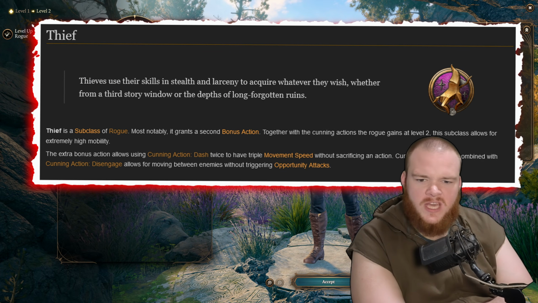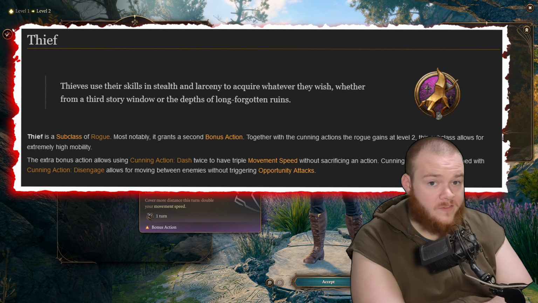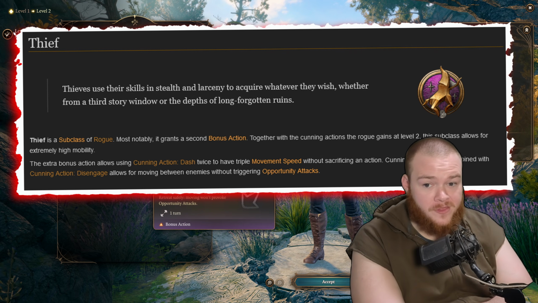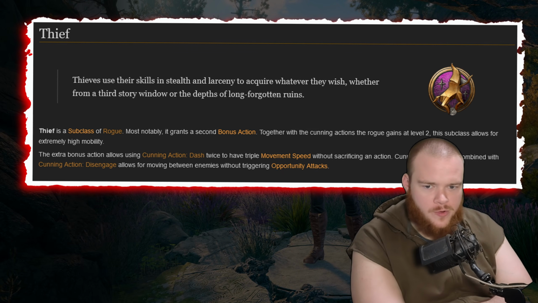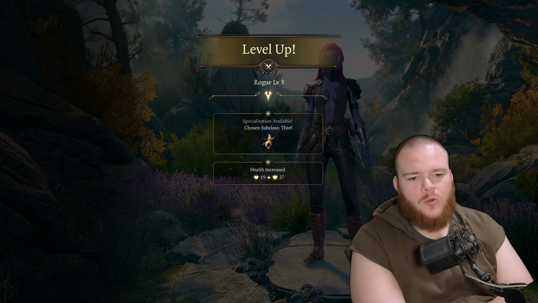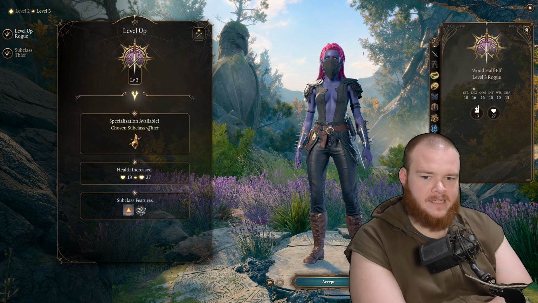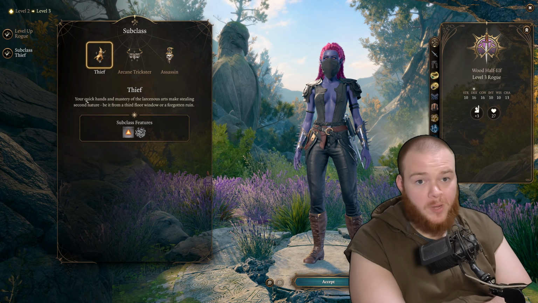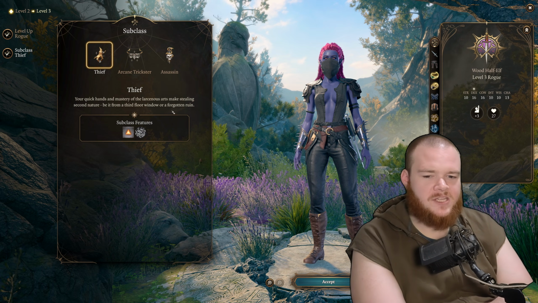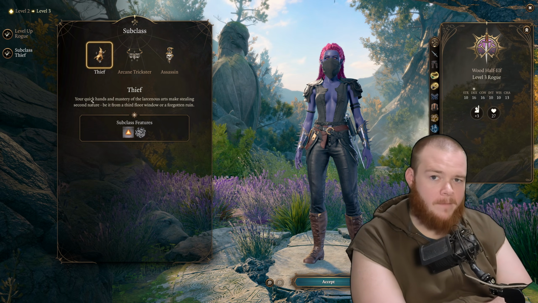Thieves use their skills in stealth and larceny to acquire whatever they wish, whether from a 3rd-story window or the depths of a long-forgotten ruins. Thieves are probably what most people imagine when you bring up the rogue class. Your focus is on stealth and getting a bit of additional utility to help you with stealth and sleight of hand both. But the bonuses you get as a thief will also be incredibly useful in combat, so let's take